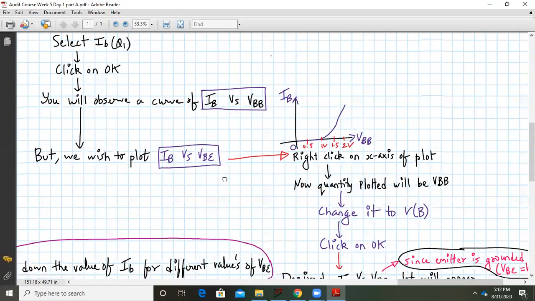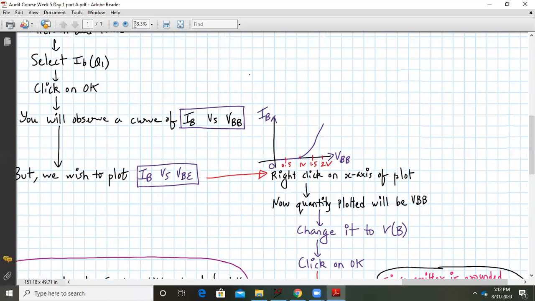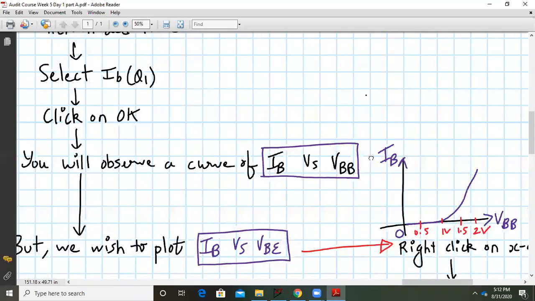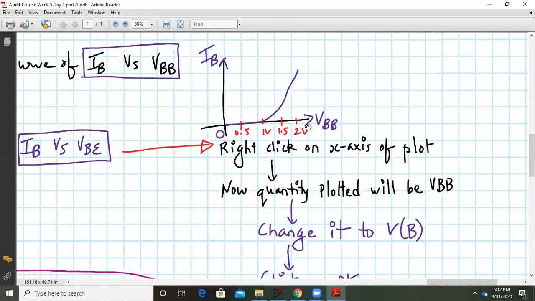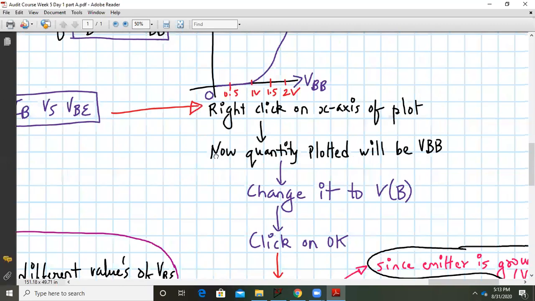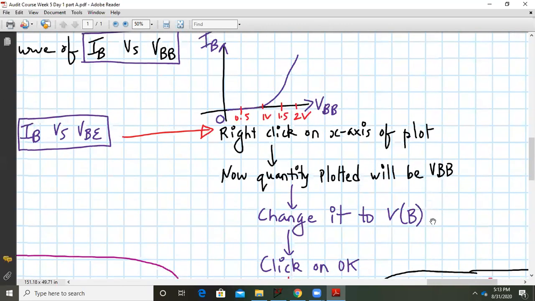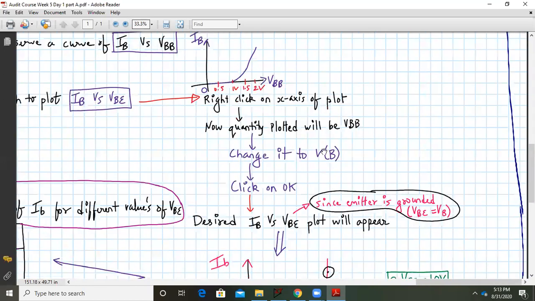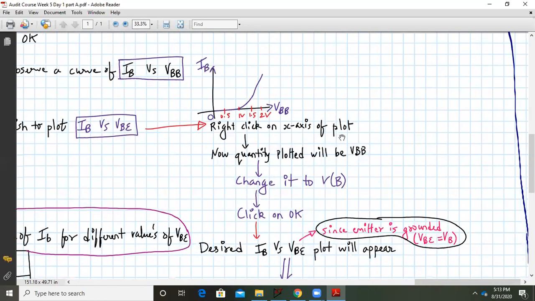So for doing that, right click on the x-axis of your LTSpice waveform window. Now the quantity plotted will be VBB. You need to change it to V(B) because we have labeled that terminal as capital B. So change this VBB and write it as V(B).